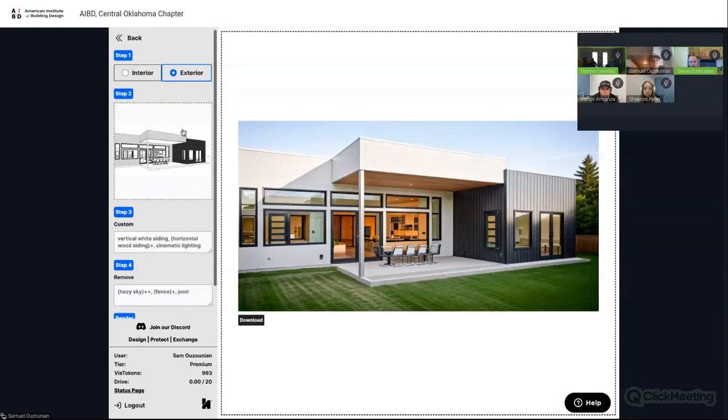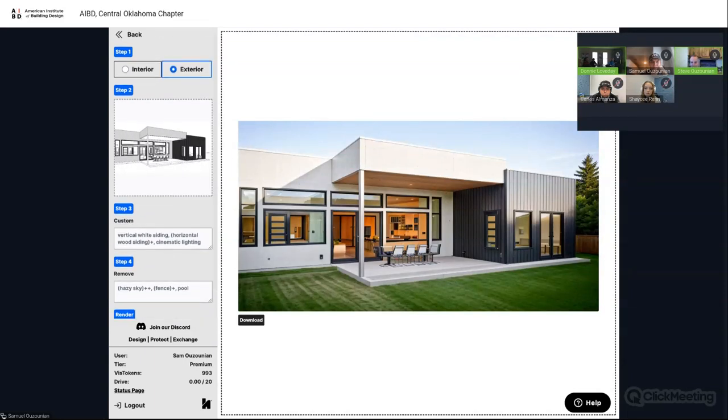So it's important, and that will be another one of our features that we'll use our Viz token ecosystem for. So we envision when you submit your design into that safe for perpetual storage,